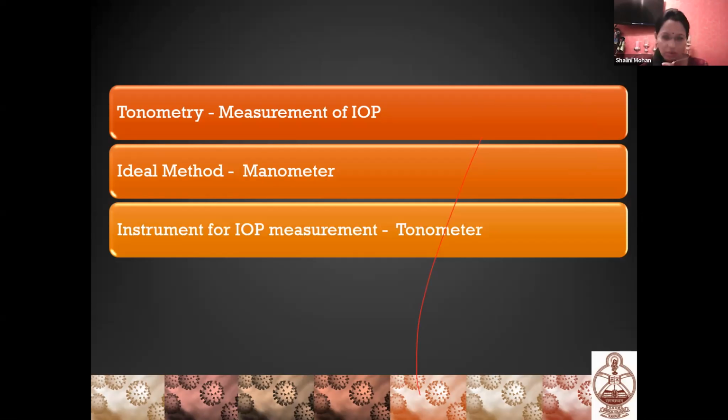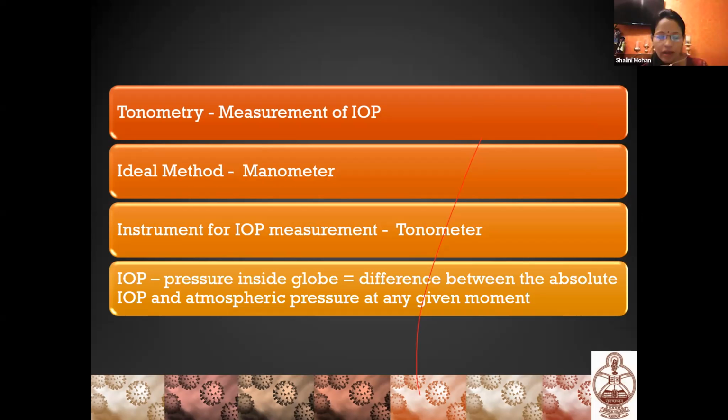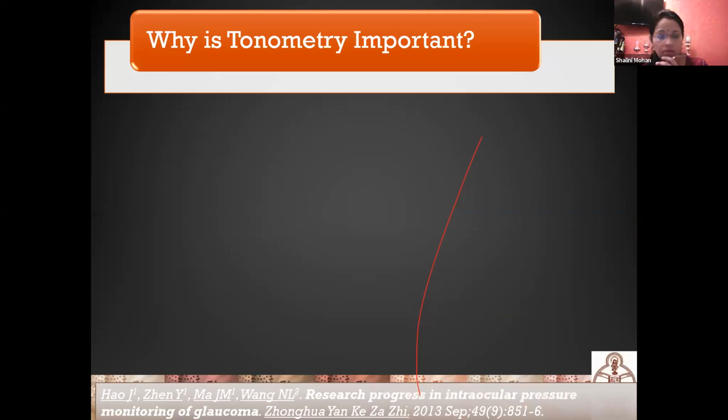Now, intraocular pressure is the pressure inside the globe, which is difference between the absolute intraocular pressure and atmospheric pressure at any given moment. So why is tonometry important in our scenario? Because we know in definition of